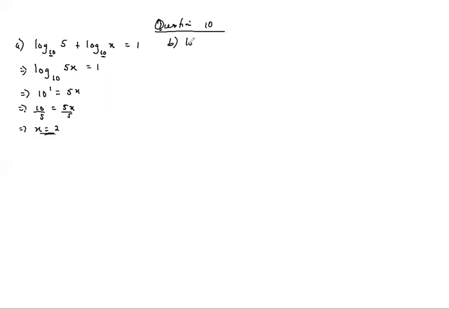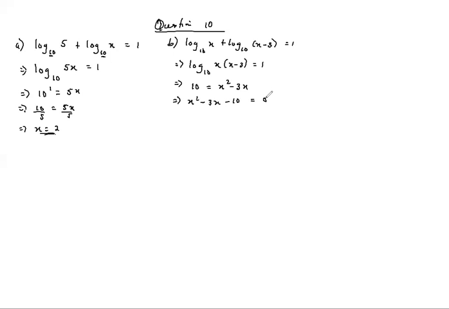B, again log 10 x plus log 10 x minus 3 is equal to 1. So same thing, you get log 10 x(x minus 3) is equal to 1. Then this becomes 10 power 1, which is equal to x squared minus 3x. I've expanded there inside. So we get x squared minus 3x minus 10 is equal to 0, which is a